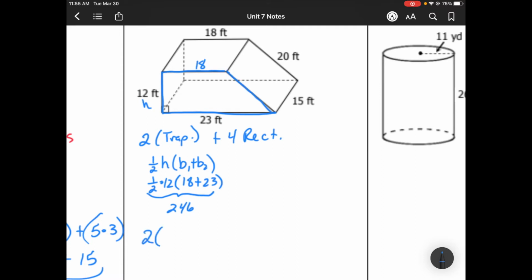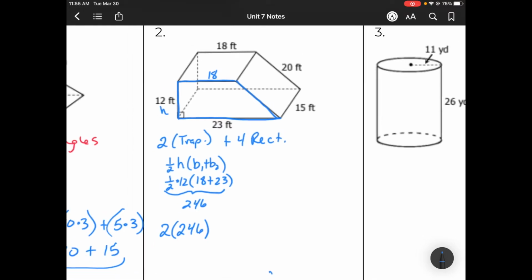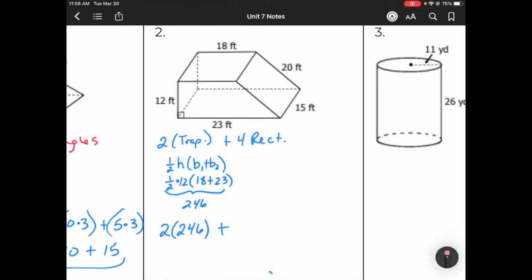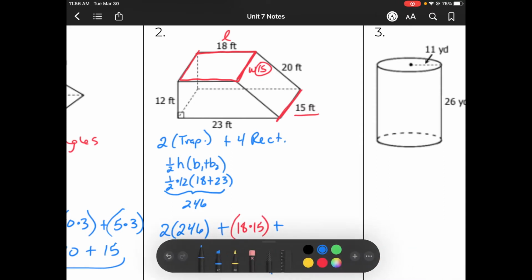But I have 2 of them, so I'm going to double that. 2 times 246 takes care of the front and the back of this prism. But now I need to add in the 4 separate rectangle shapes. Again, I'll clean up my work as I go. Okay, one rectangle we have, let's just start at the top, is this top rectangle, which would have a length of 18. And this width here would be the same as this width down here, 15. So I'm going to add in 18 times 15 for that rectangle, plus